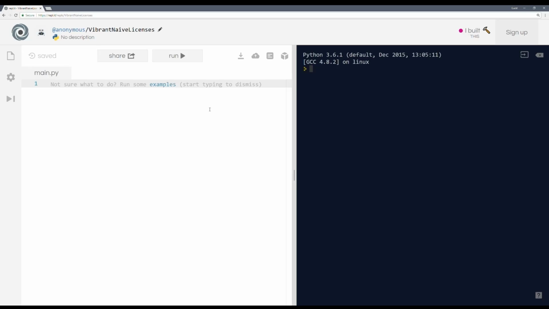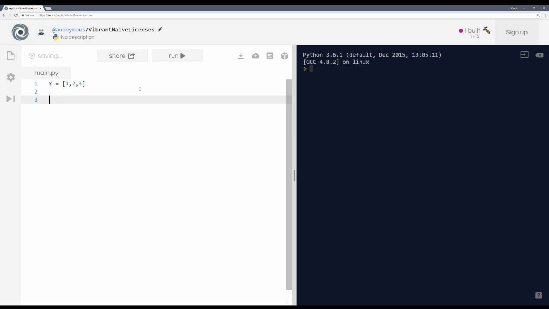So, in this lesson, we learned about iterables and loops. Let's see how we can use some of them. Let's say we have a list called x, with 1, 2, and 3. If we want to iterate over the values, we learned that we use a for loop. So let's say for each in x, print